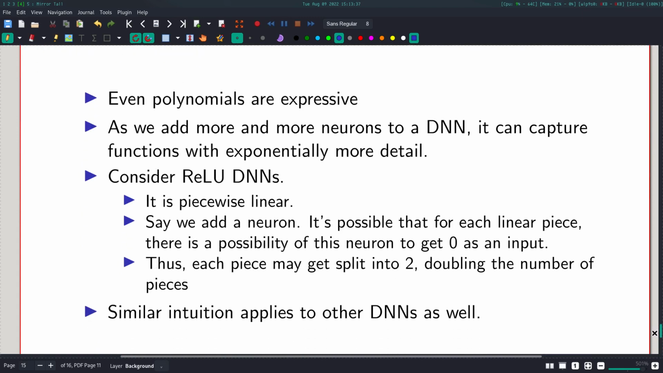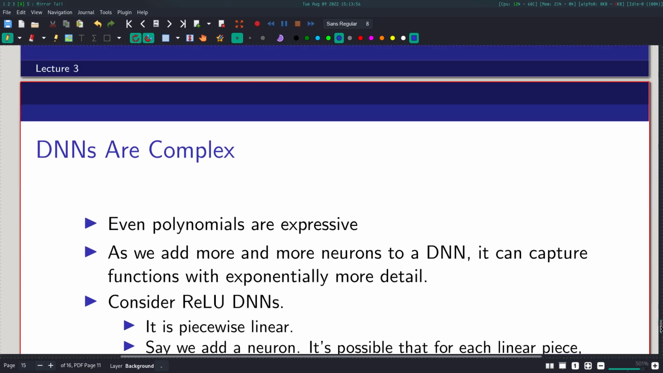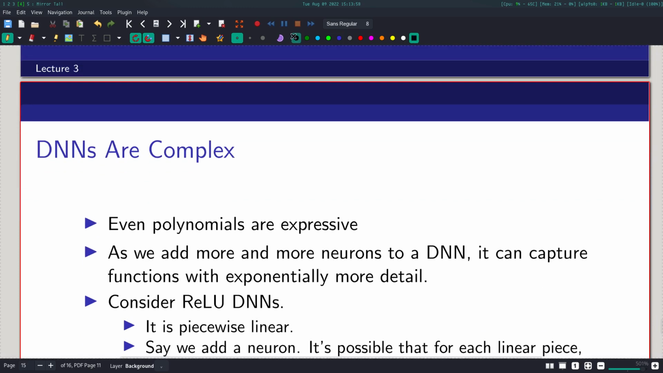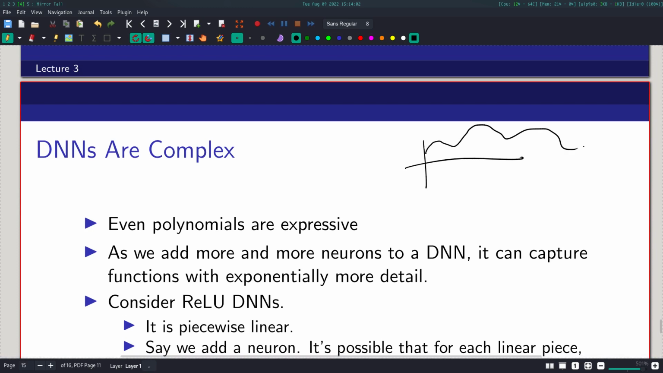And finally, the third perspective is that DNNs are complex, right? So what do I mean by that? In terms of being expressive, there are a lot of other classes of functions which are not as complicated as DNNs, which are as expressive, right? So one example would be polynomials. So if I give you any continuous function, and this is a well-known theorem, I think it's called Stone-Weierstrass, and they give you any sort of epsilon bound around it,